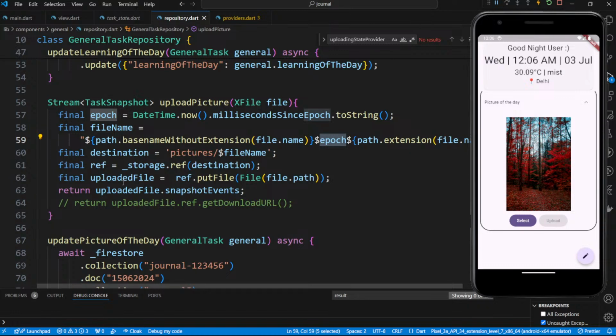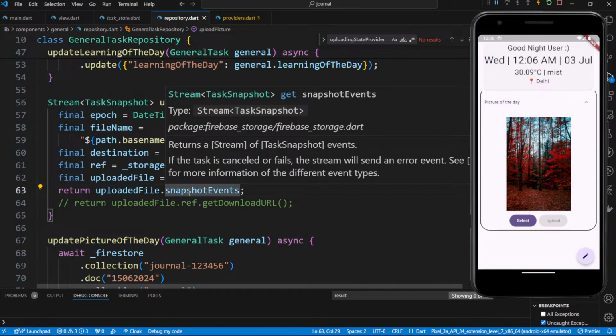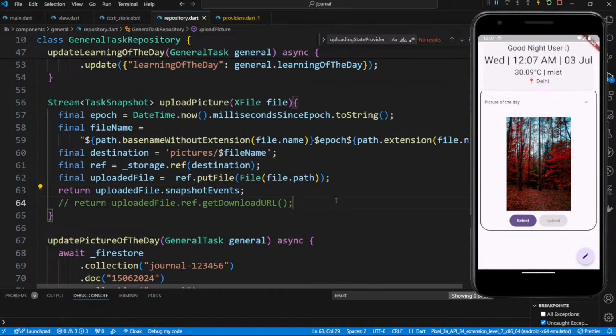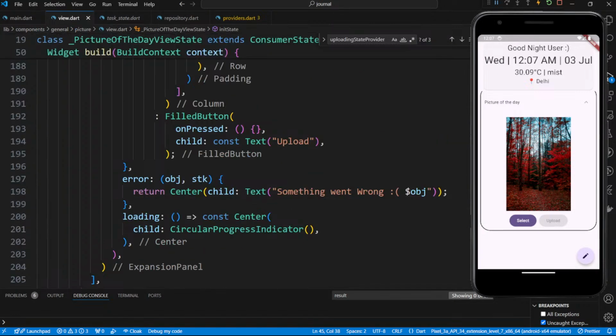We put the epoch time since we don't want to repeat the file if the file name is the same. We put the destination, and if you see, we return something called a snapshot event. This is a stream. I've shown you what a stream is. We did the basics on the .py also, like how a stream works, at the beginning of the video. Please watch that. And now, when you click on upload, how it works is,